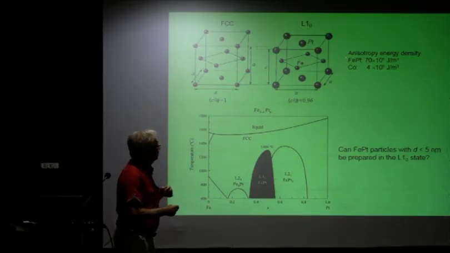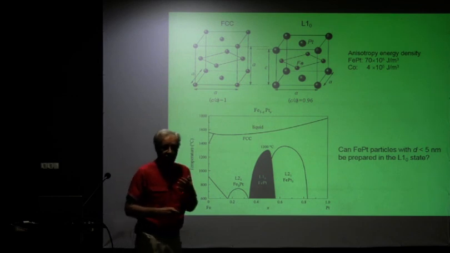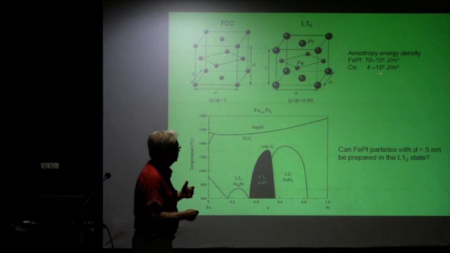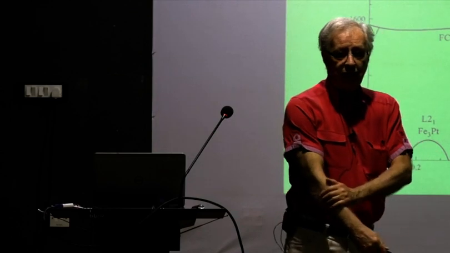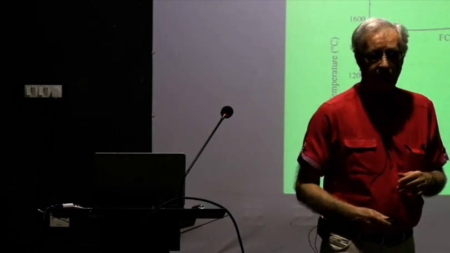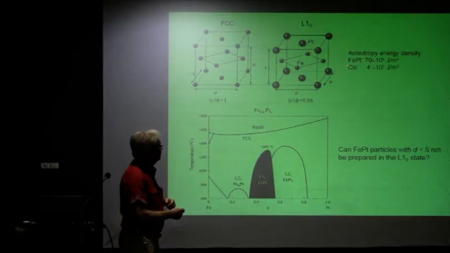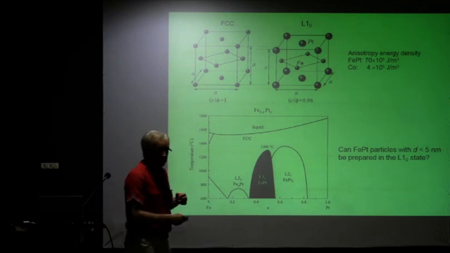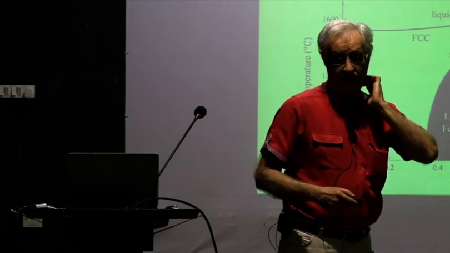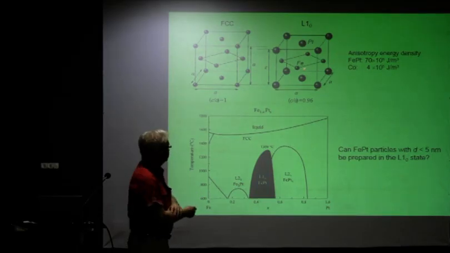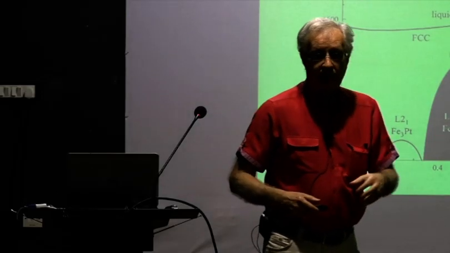And this has a very high anisotropy. What we mean by very high anisotropy is that the intrinsic anisotropy of cobalt is 4 times 10 to the 5 joules per meter cubed, and that's considered to be large anyhow, so cobalt finds itself in magnetic recording media quite frequently. And iron platinum is very much larger than that. So in the event that you can stabilize this structure at smaller dimensions, then you have this tremendously